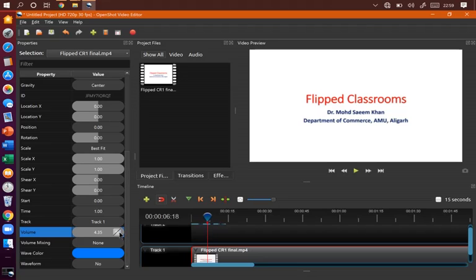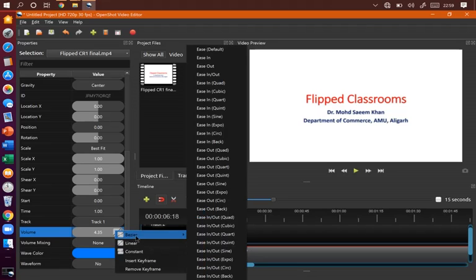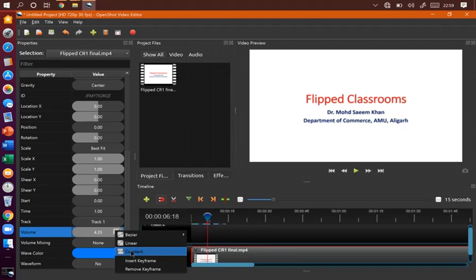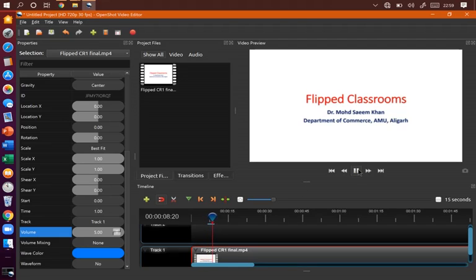You can click on it. Yes, it tells you Bezier, linear or constant. So we have to click on constant. Now when we check it, we'll find that the volume is constant throughout the clip. With this blue indicator we can move to our timeline and we can find that it is constant throughout the clip, right?